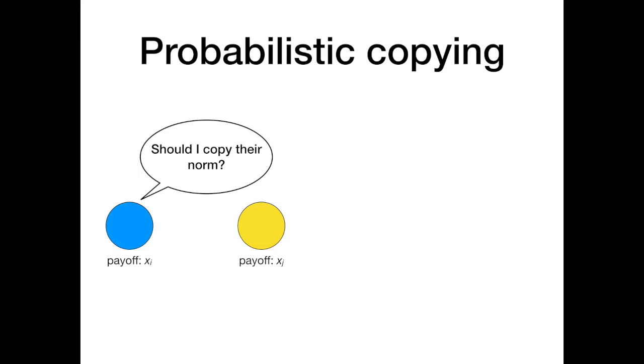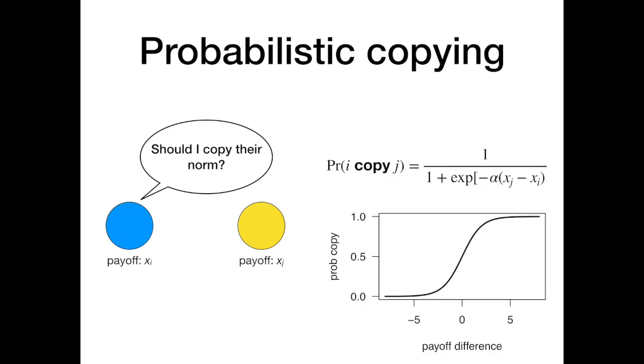But every now and then I might make an error in judgment or want to explore and try something new, so I'll still occasionally copy a worse strategy. Luckily, there is a functional form that fits this description nicely, and that is the sigmoid function. So here's the equation,